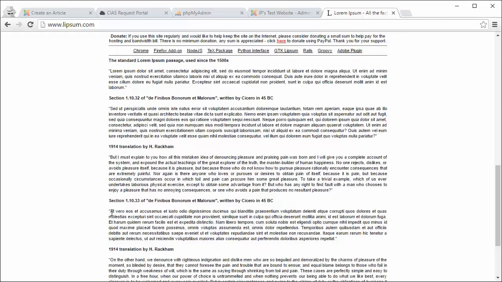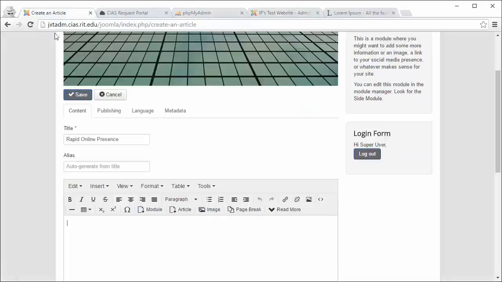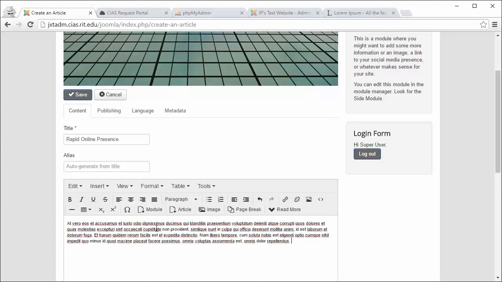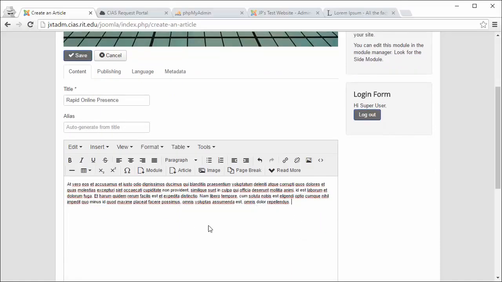It's basically just text that's kind of, well, I don't know what language it is. Is it Latin? It looks like gibberish to me, but it's nice because it's spaced realistically, as opposed to me just going like this and pasting in a lot of stuff that looks funny. I'm just going to enter this content in as a placeholder. Once again, we have our editor here, so if we wanted to change the format, we could do that.